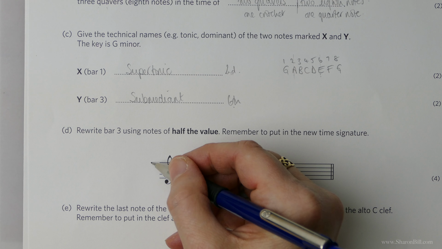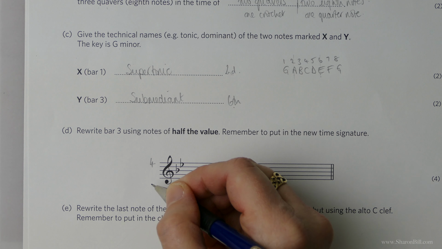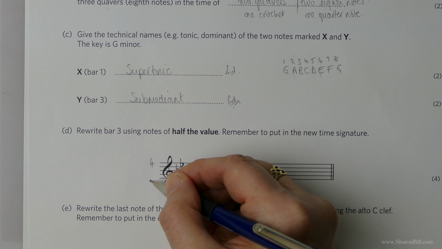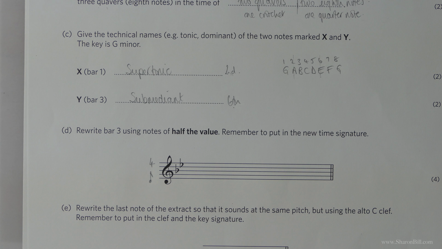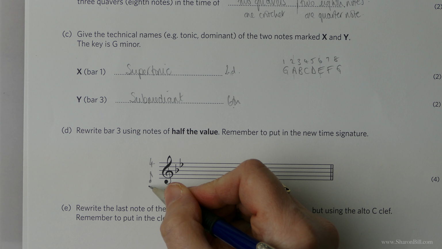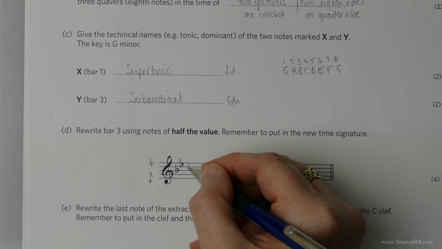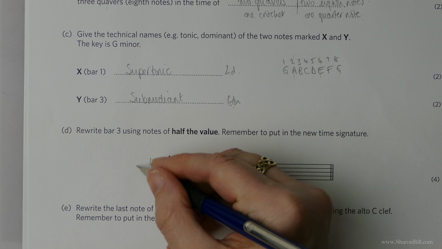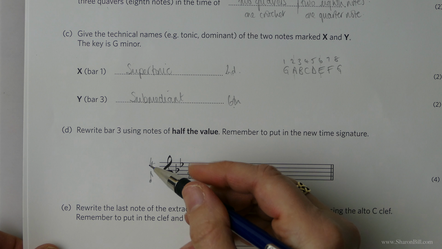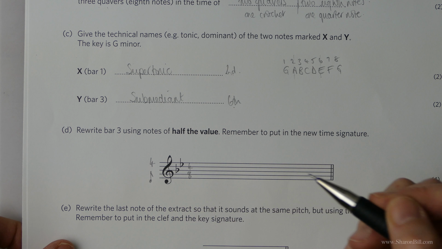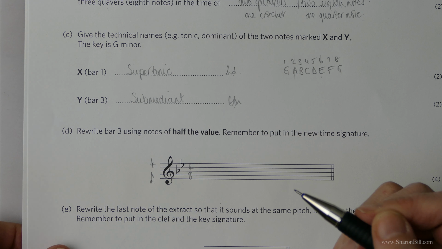So we're still counting 4 beats per bar, but instead of counting in crotchets or quarter notes, we need to halve that to 1/8 notes, quavers. And so our new time signature will be 4/8. Once you've done that bit of thinking, the rest of it's easy. So we've basically halved everything without changing the musical effect. So bar 3,